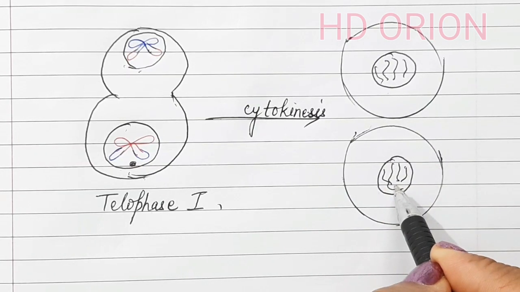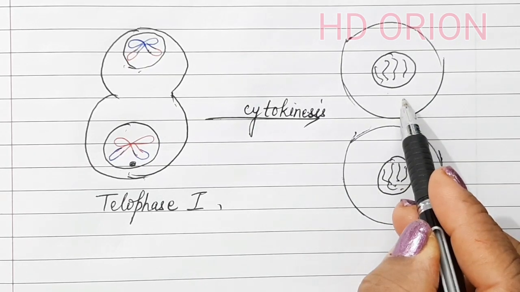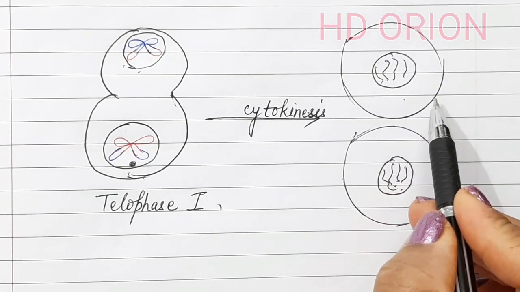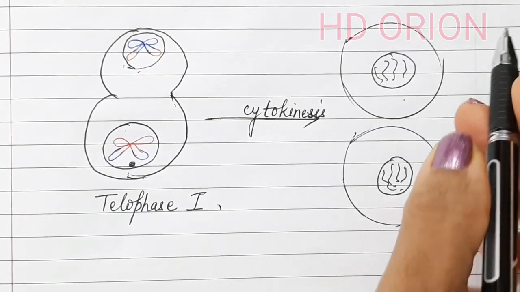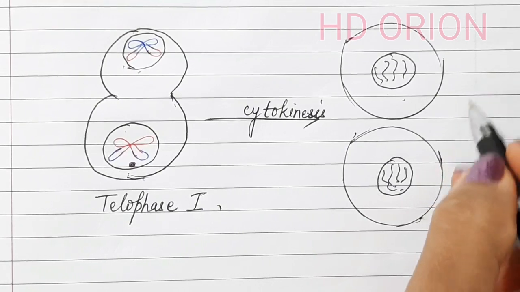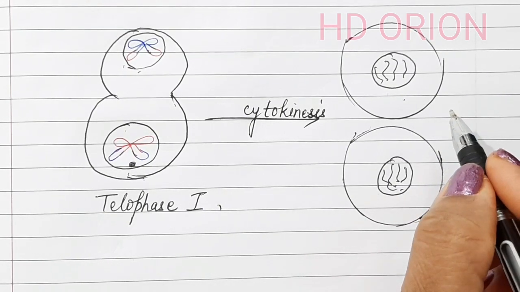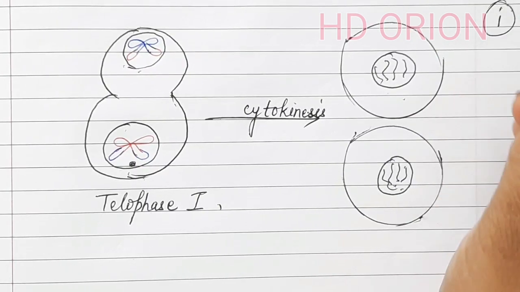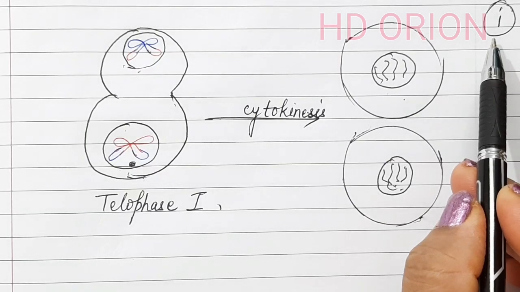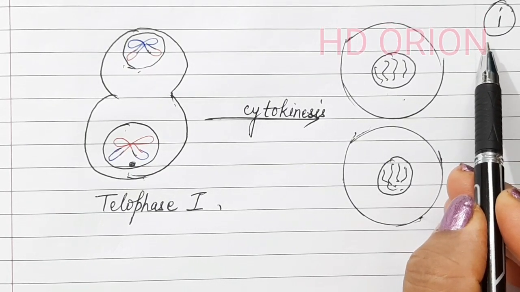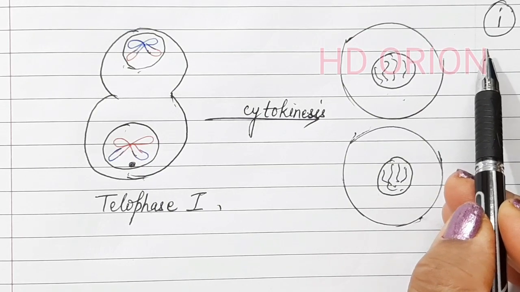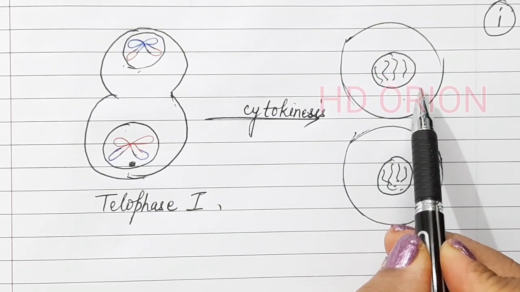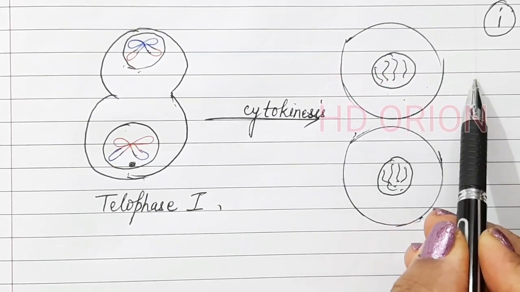These two daughter cells will now undergo meiosis 2. Each cell will undergo meiosis 2, and meiosis 2 is equational division, and I have already explained equational division while I was teaching mitotic division. You can refer to the I button and see the explanation of mitosis in my previous video. Watch my video and refer to the equational division, which each cell will undergo after meiosis 1.